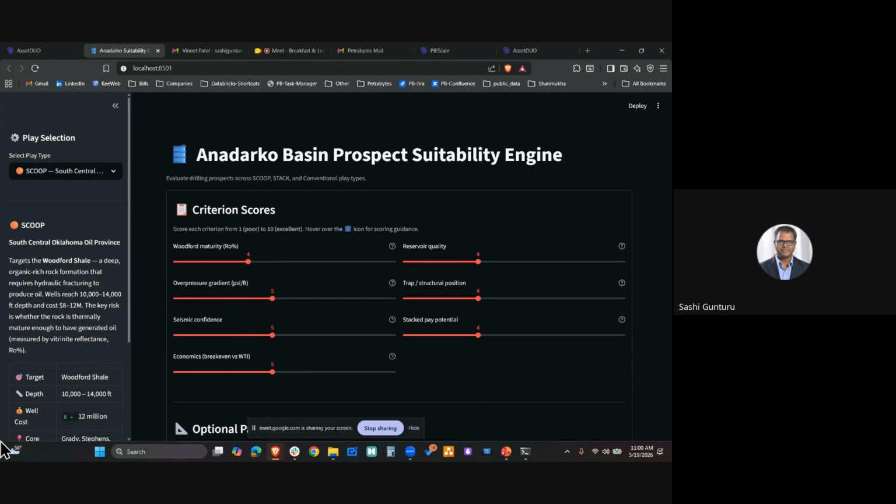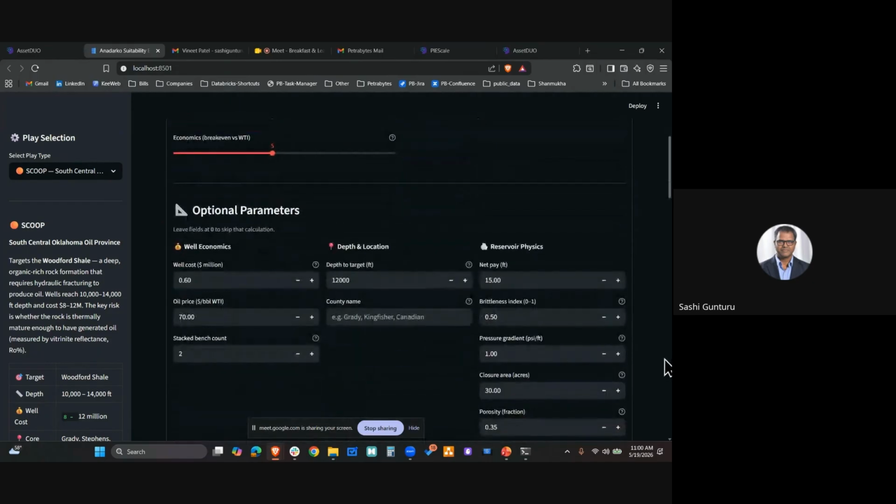Right, so what data is this looking at to come up with these scores? Like, did you put in a thickness grid and a porosity grid and a permeability grid or something, and that's what it's... Yeah, so